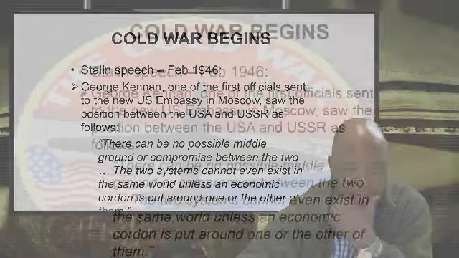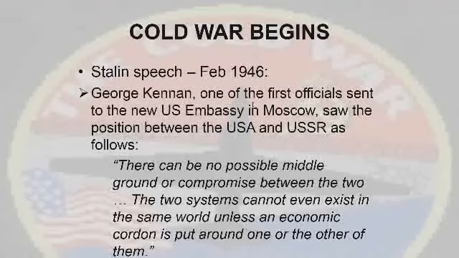The first response came from George Kennan, one of the first officials sent to the new US embassy in Moscow. He said that there can be no possible middle ground or compromise between the two. The two are irreconcilable, capitalism and communism, USSR and USA. The two systems cannot exist in the same world unless an economic cordon is put around one or the other